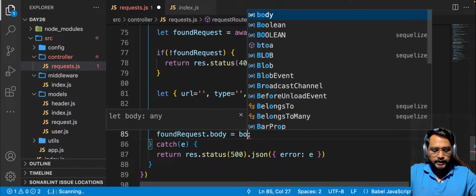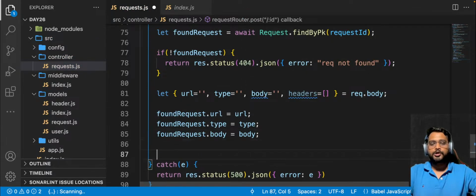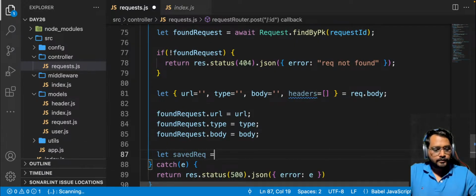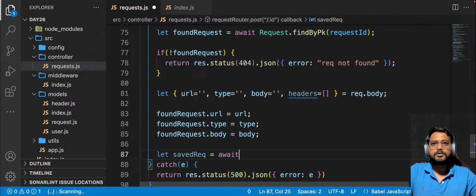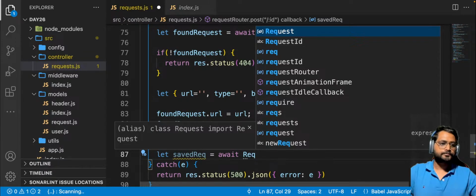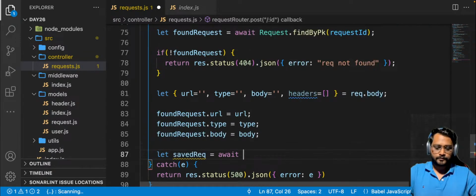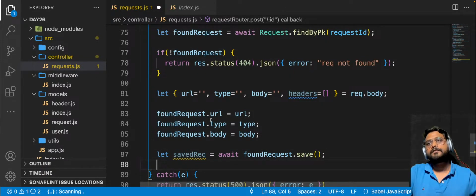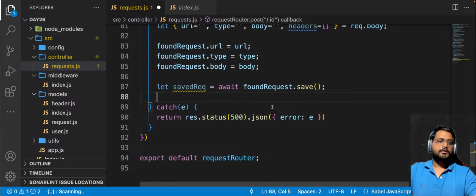Okay, update it in the JavaScript object and save it. Saved request is equal to await found request dot save. Okay,